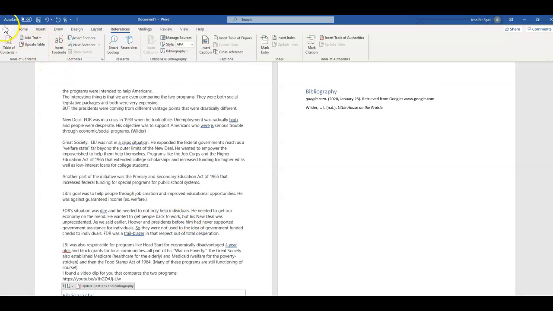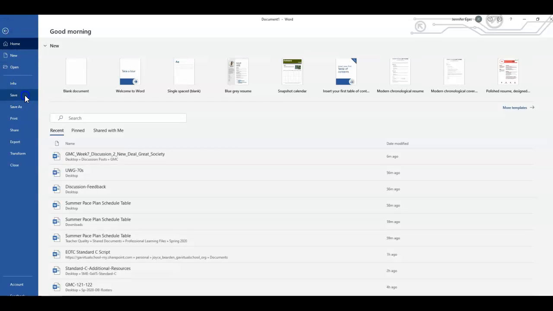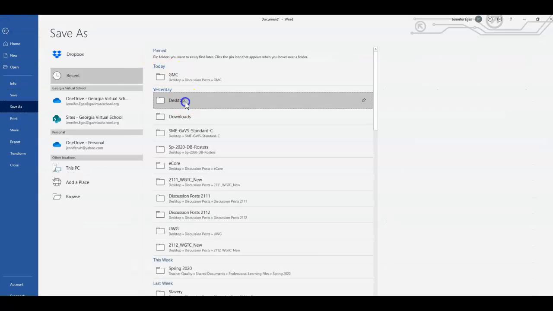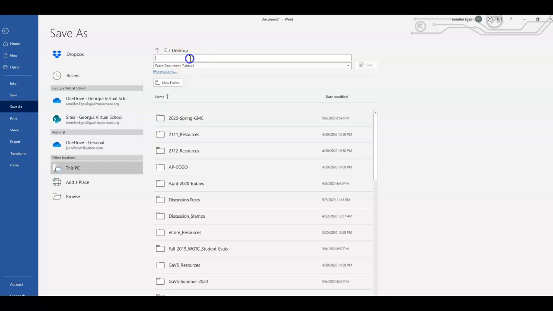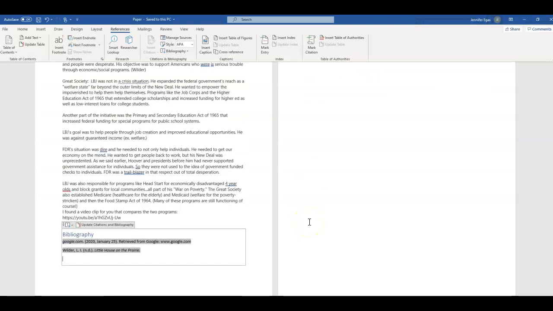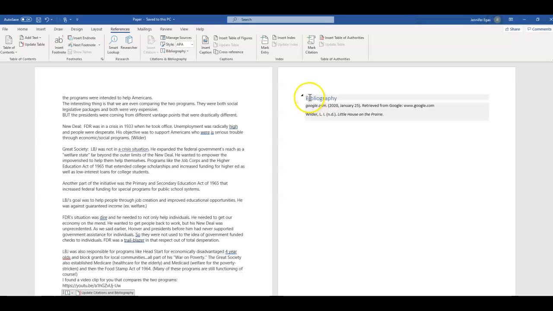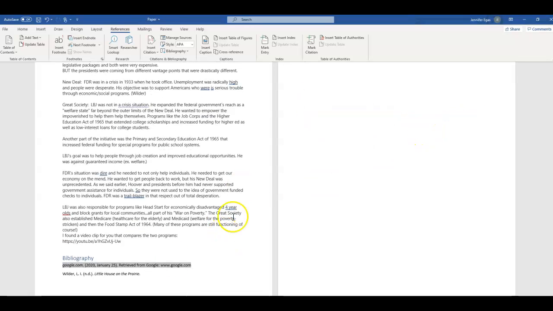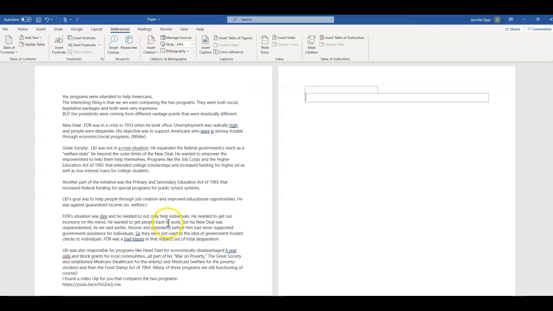And then all you have to do is save your document. So I'm going to save it as, and I'm going to put paper. So it saves it in my desktop. And then I'm done. So I hope that helps some. This needs to go. That wouldn't be there. It would just be this one. But this way, if you